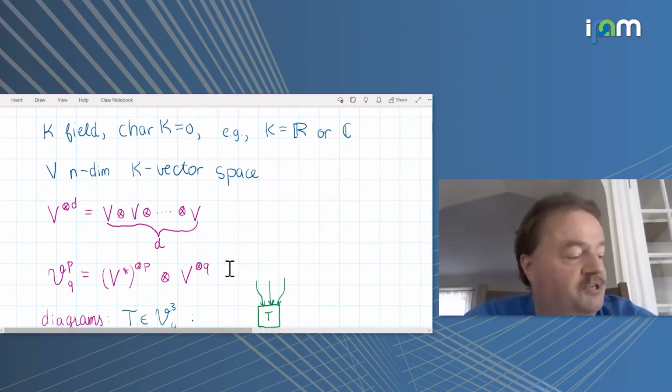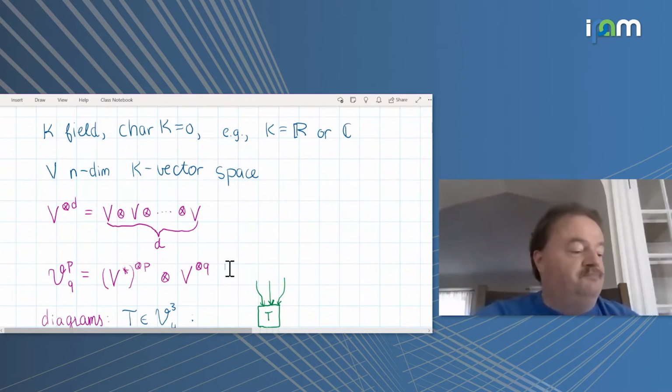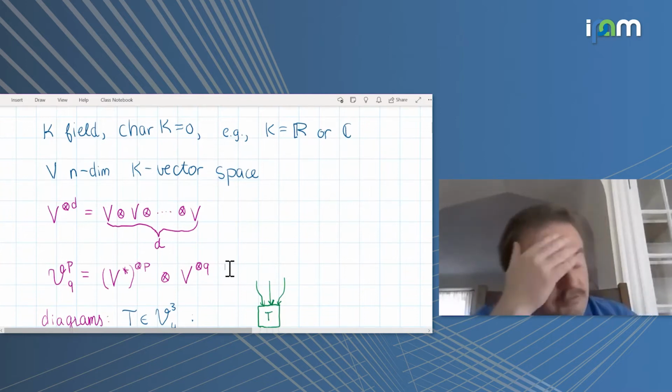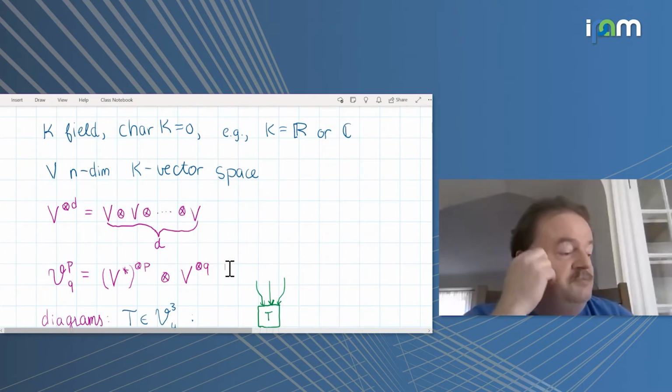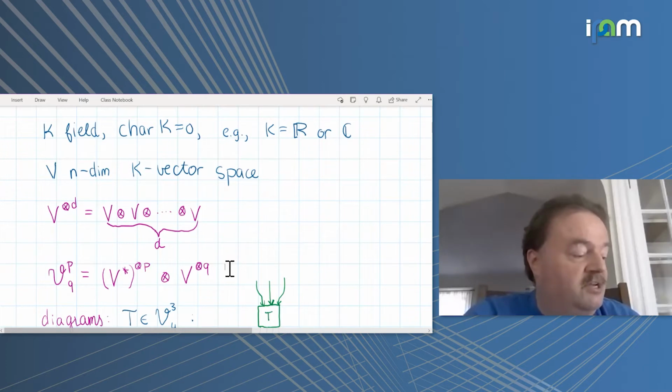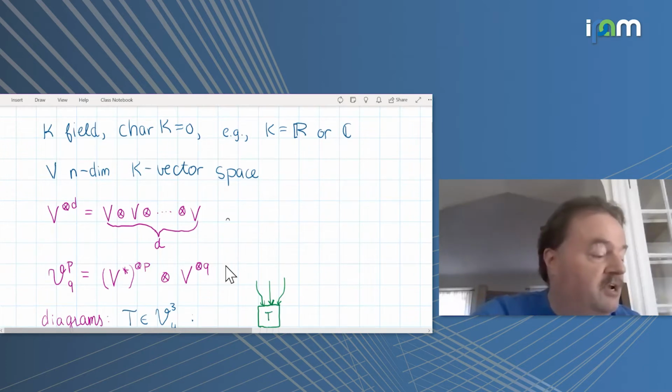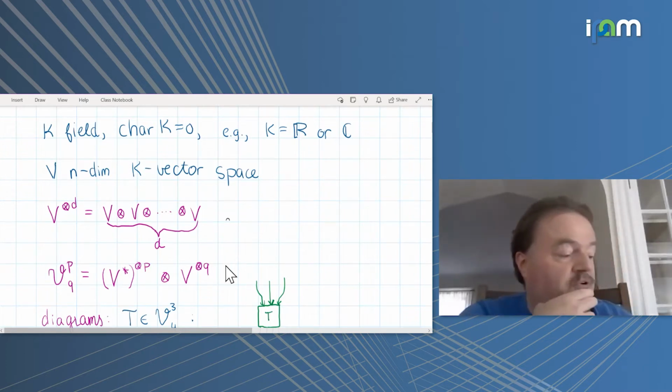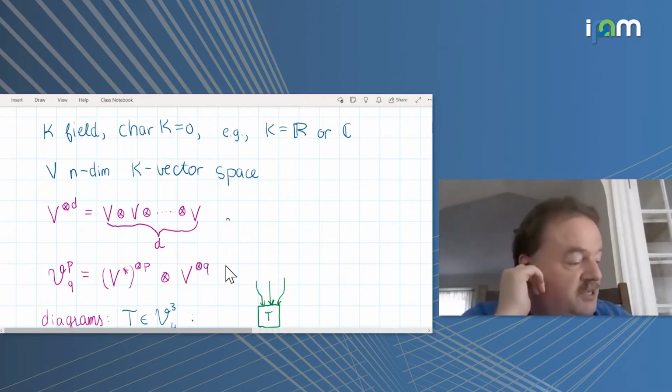I start with a field K of characteristic 0. You may think of the real numbers or complex numbers. And I just fix one n-dimensional vector space V. And then I look at tensors that lie in, say, a D-fold tensor product of V. So that's what this notation V tensor D means. So then on this, we have a natural action of the general linear group,